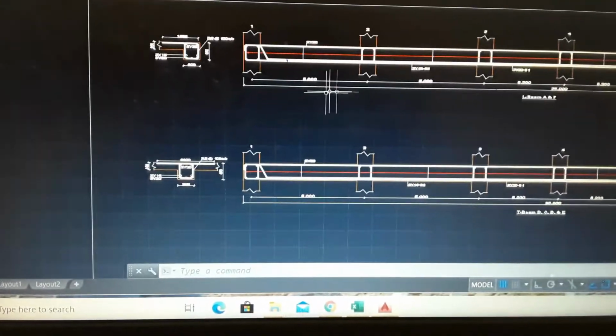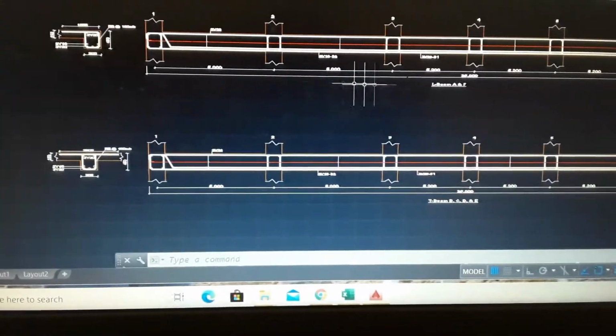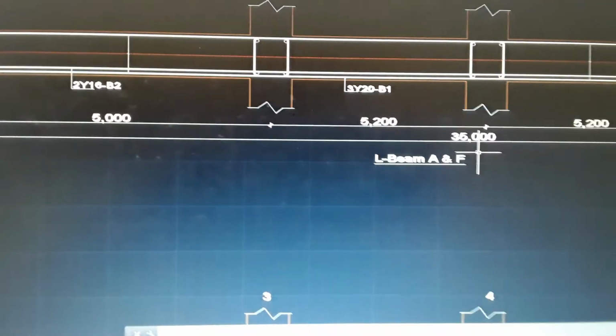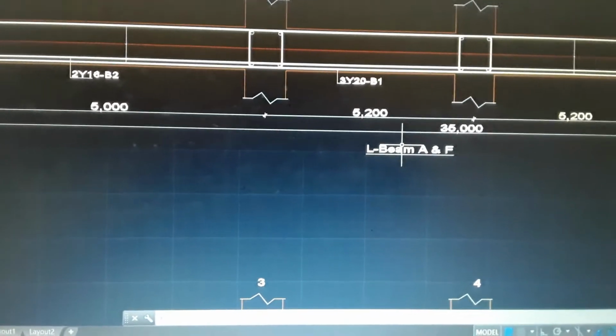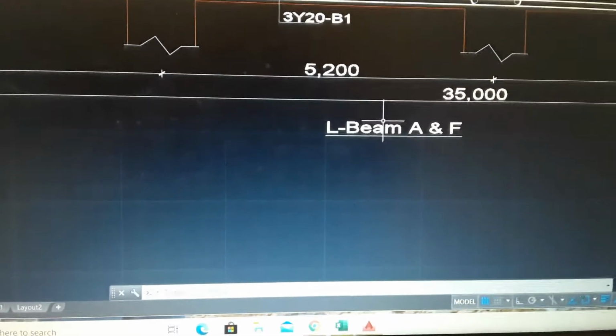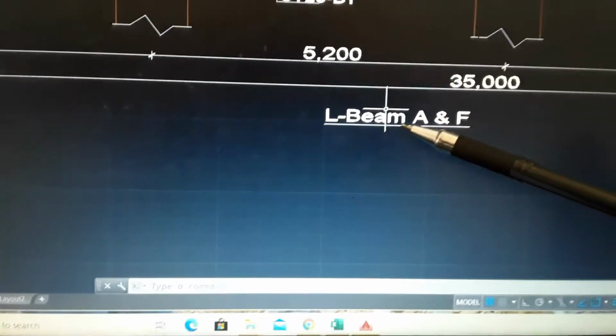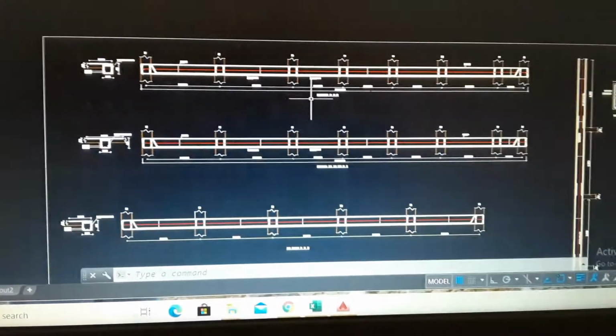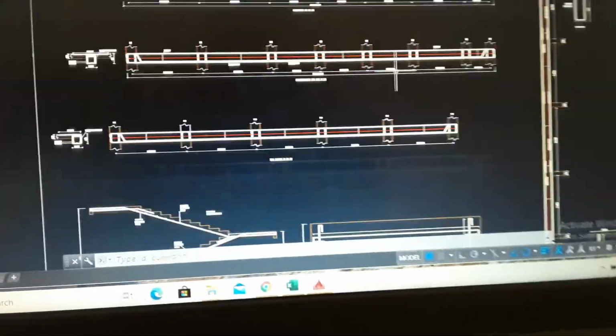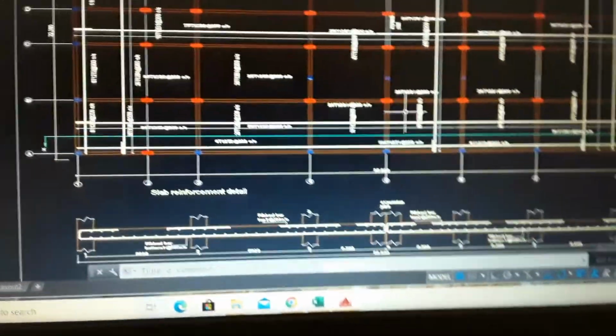So we have beams here, and we are going to interpret this beam. As you can see, this is a longitudinal section of a beam, and it has been indicated that it is L-beam A and F. L-beam A and F. If we can go back to our slab detail,